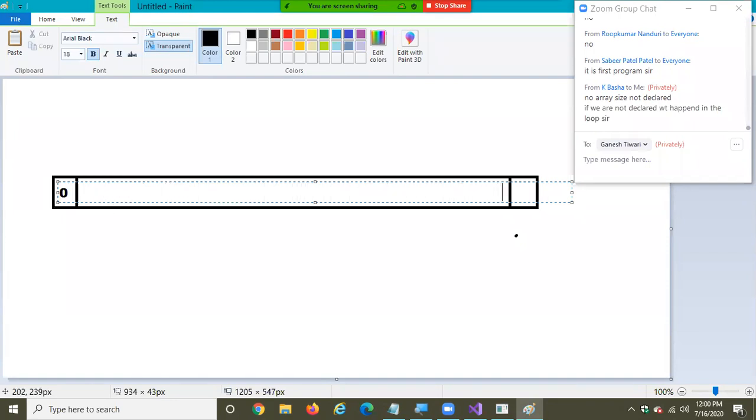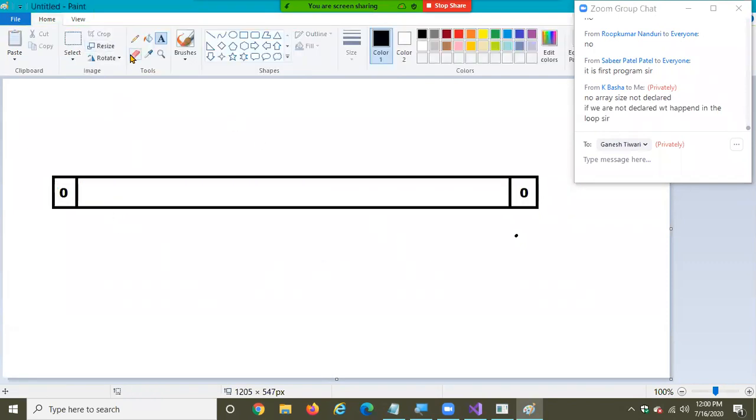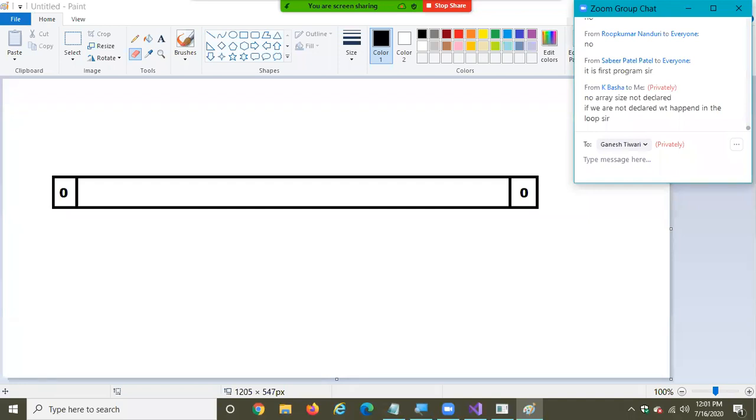Where do you want to use the array size, tell me first. Where do you want to use the array size when I'm printing the values? Answer me first.